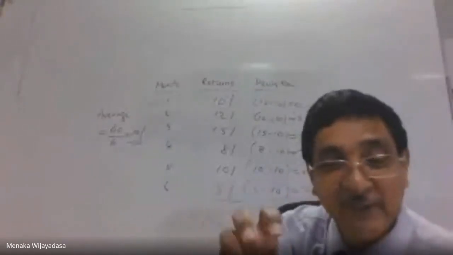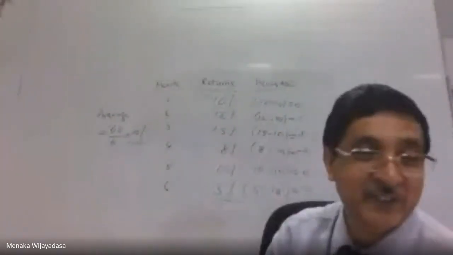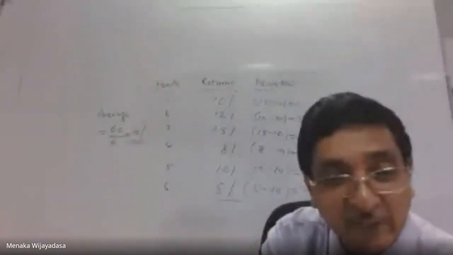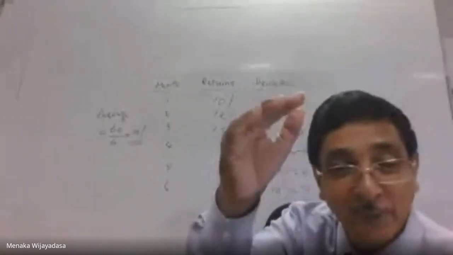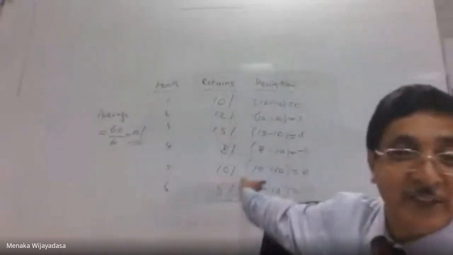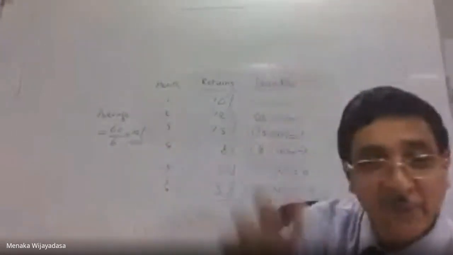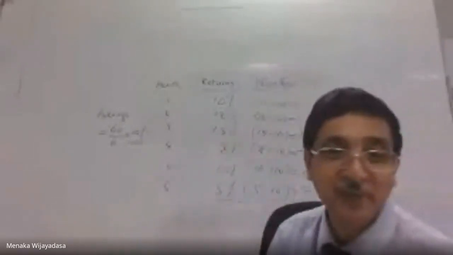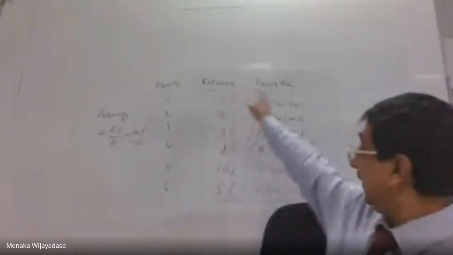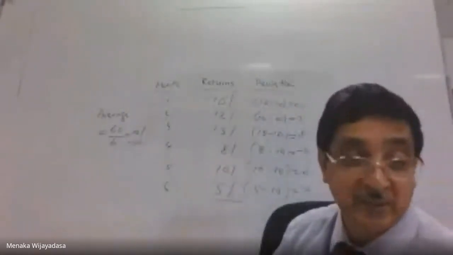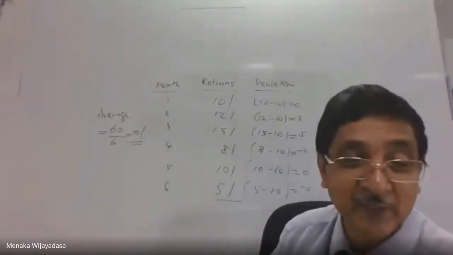Now we are trying to get the average of the variations or deviations. If you want to get the deviations average, what do we need to do? We need to add up all the deviations. But if you add the deviations, what will happen? In every such sum, you will end up with 0, and you can't do anything. Because of that, we get the square of the deviation.